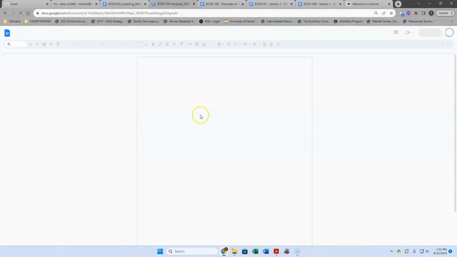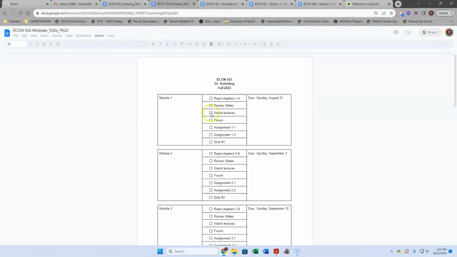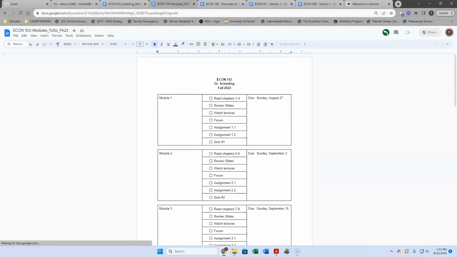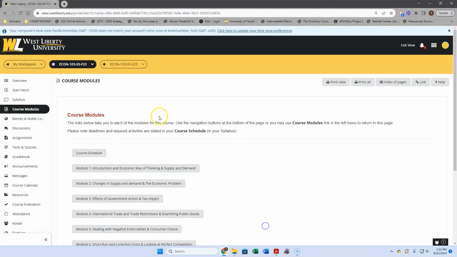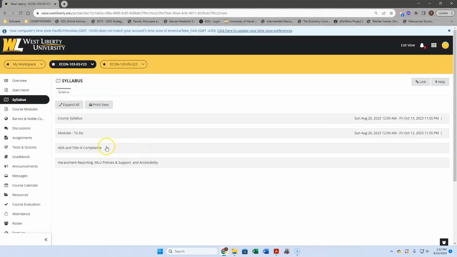So this site, when you call up these modules, this to-do list, I made this. The reason why I made this was because, in my opinion, I felt that